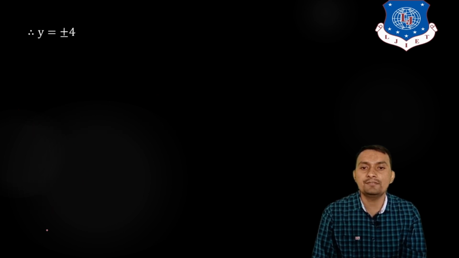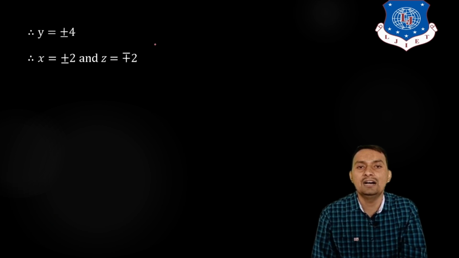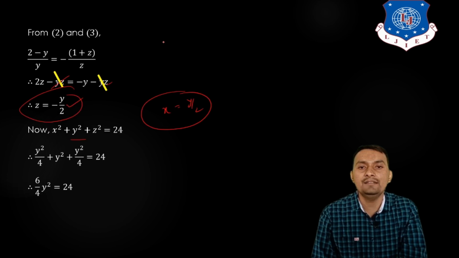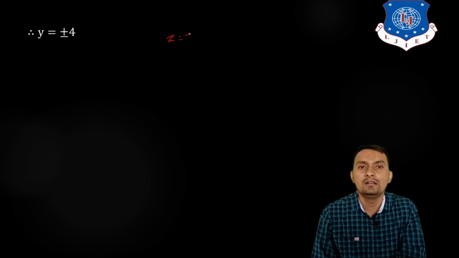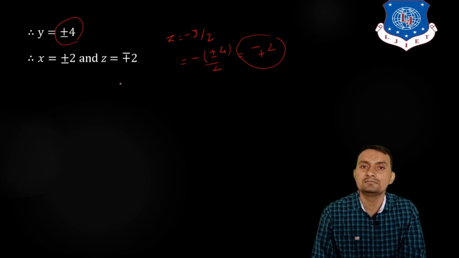But whenever you simplify, y is equal to plus or minus 4 and x is equal to plus or minus 2, and we will keep in mind that z is equal to minus y by 2. So whenever we put y equal to plus or minus 4 divided by 2, minus plus, and minus into minus is plus, and the 2 will be cancelled out, so we will get minus plus, and therefore